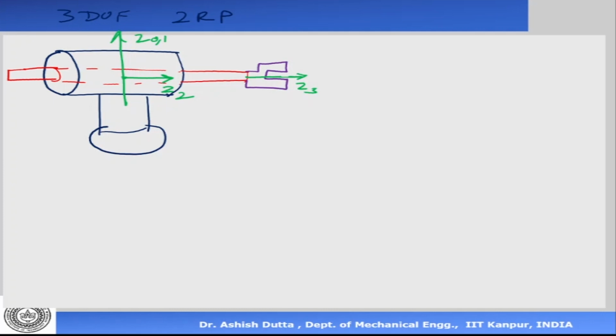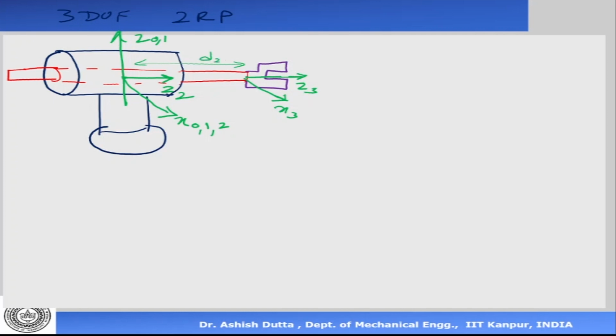Next, let's assign our x-axis. Now, z1 and z2 are intersecting. So our x has to be this side, x0, x1 and x2. And because they are on this side, we put our x3 this side. Now let us assume that there is a distance from here to here. Let's call it a distance d2.